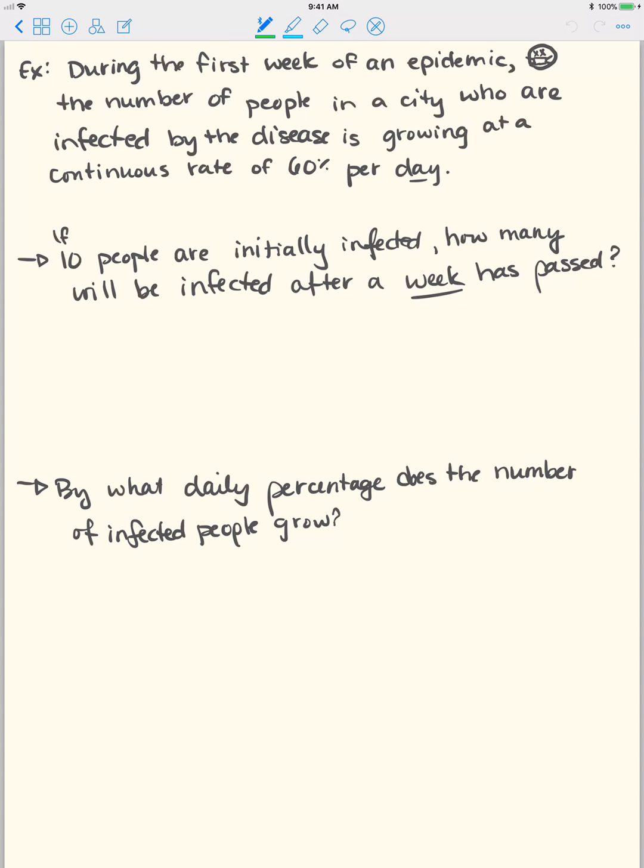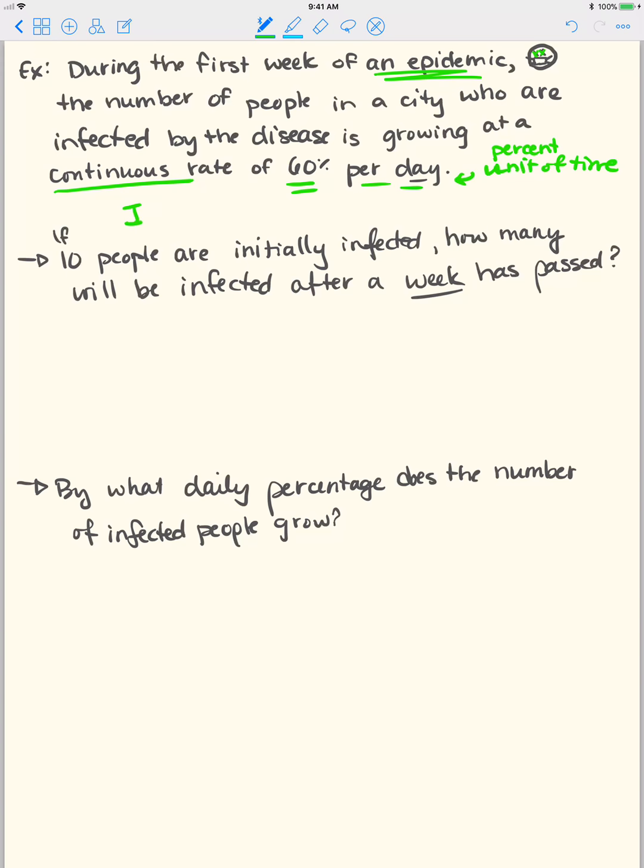So this last example, there's an epidemic. Yeah, welcome to flu season. And you have people in a city and they're infected by the disease, and the rate at which they're being infected has a continuous rate of 60% per day. Even though it's day, that's still your percent unit of time. So there's nothing to really do for this, no conversion, because we're going to predict in days and do a daily percentage rate. So this time just happens to be in days instead of in years, as a lot of the questions are. So the fact that it's a continuous rate of 60 per day,